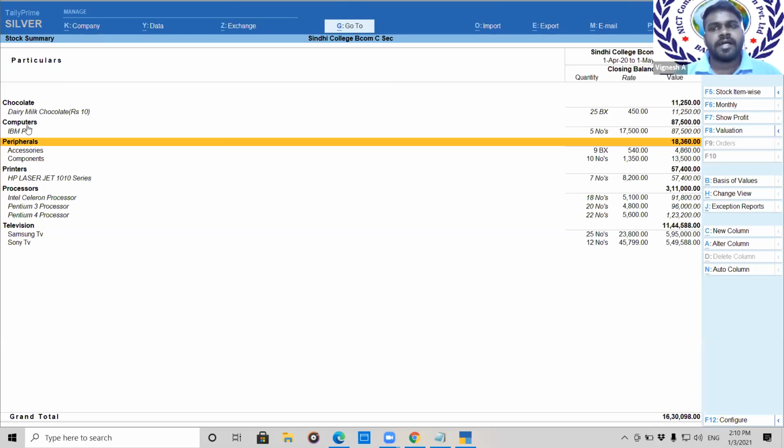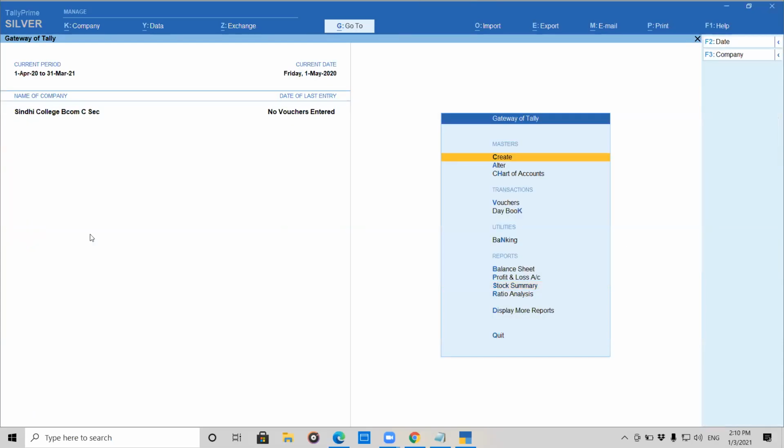Yes, it will be showing. Before doing the second assignment, did you take the screenshot of the first? Yes, sir. Then no problem. It will show like that because we are entering the values. It will update in your balances, because this is your closing stock. Okay, sir, I thought it was a mistake. No, it's not a mistake.